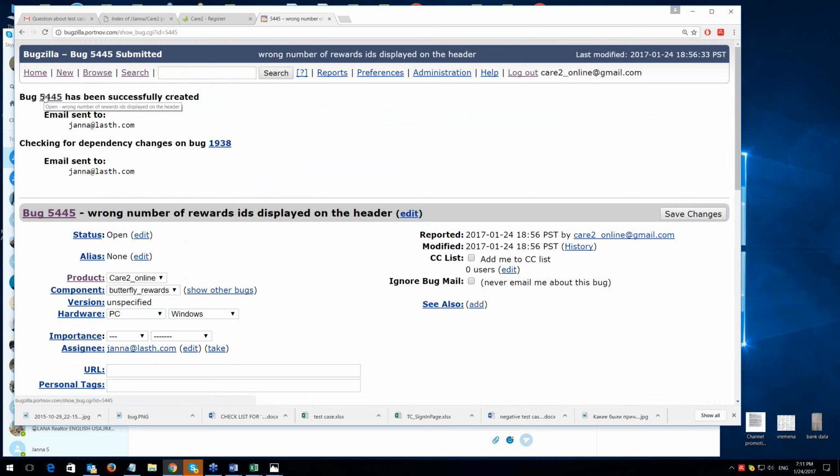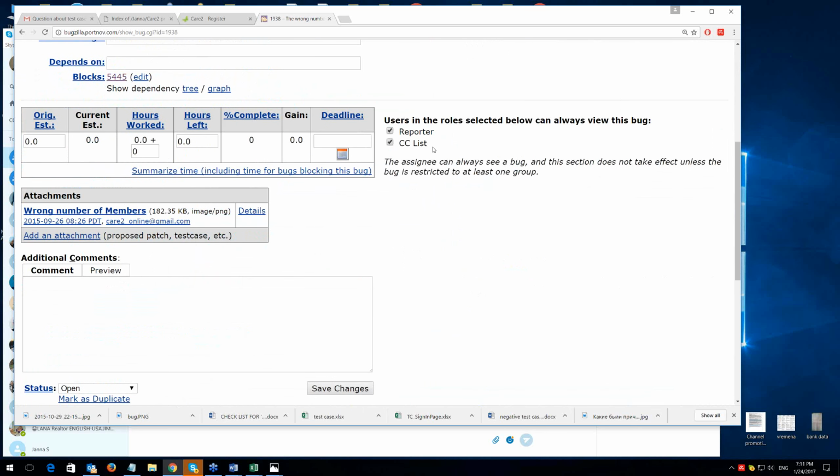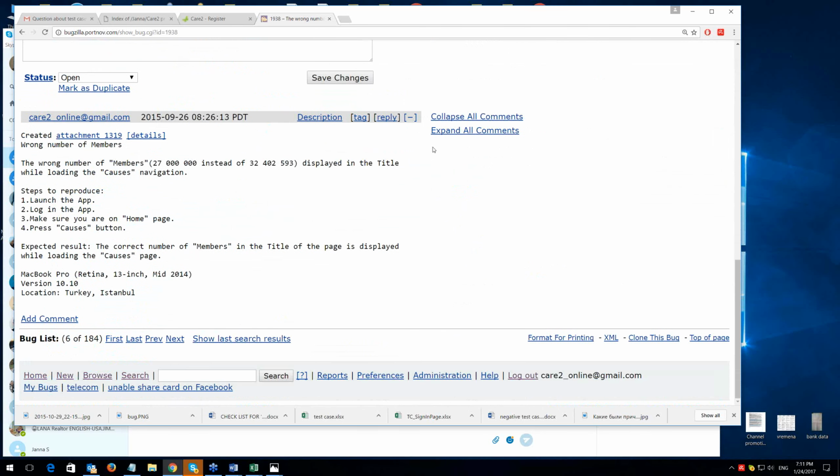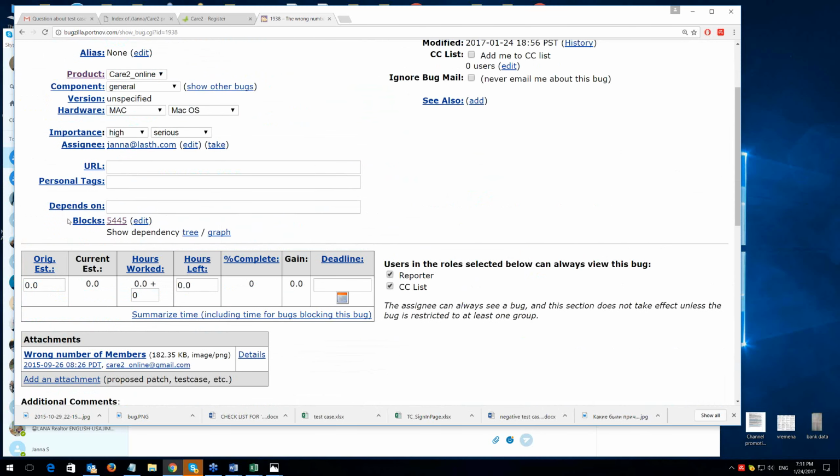Bug 5 is the number of the bug. This is usually an incremental number created automatically, the bug ID. I do not do it. The bug has been successfully created. Email sent to me. And now we check the dependencies. When I open the old bug, I see that it has a block.